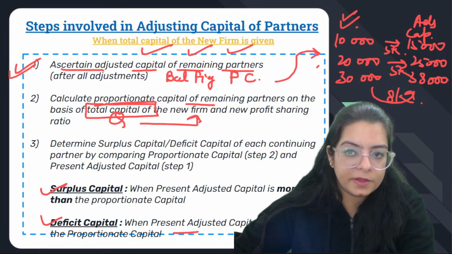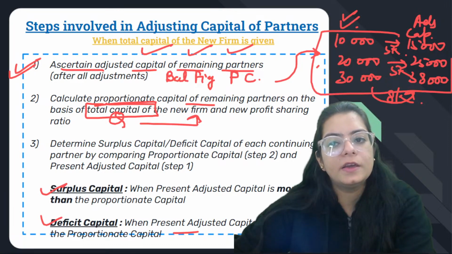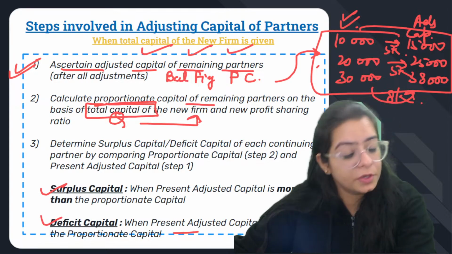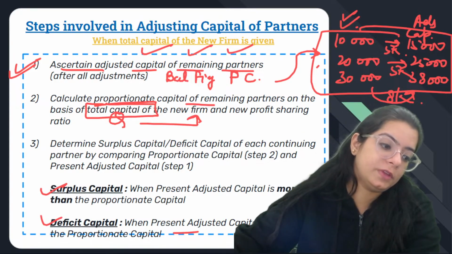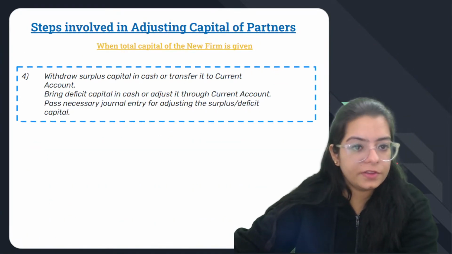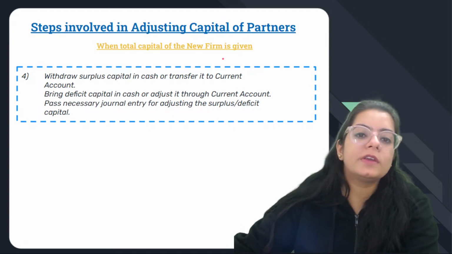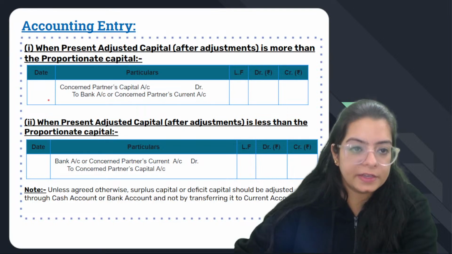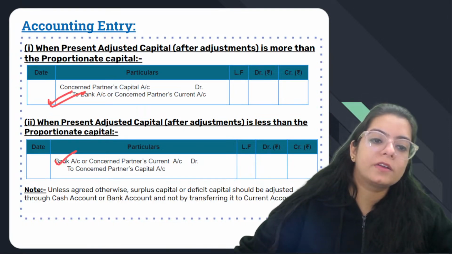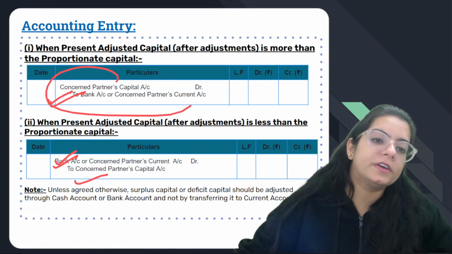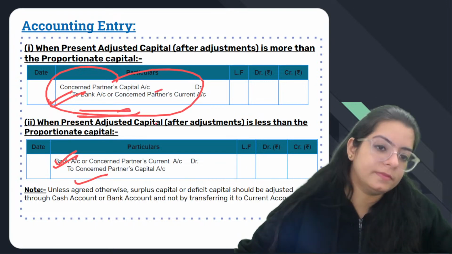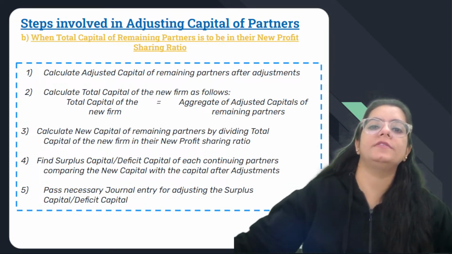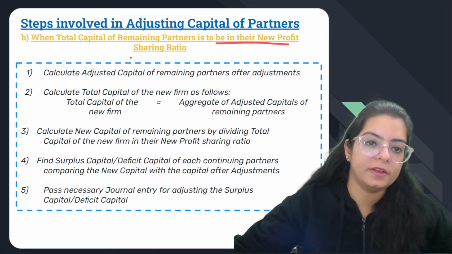5 लेकर आना पड़ेगा, और जो भी पैसा ये लेकर आएंगे वो हम कैश अकाउंट से डेबिट क्रेडिट कर देंगे। अगर ले जा रहे हैं तो फिर क्रेडिट, और ला रहे हैं तो डेबिट। ठीक है जी। नेक्स्ट, when total capital of the firm is given, ये तो हो गया। नेक्स्ट एंट्री क्या होती है, अगर पैसे लेकर आ रहे हैं, है ना, तो बैंक टू कंसर्न पार्टनर, अगर वो लेकर जा रहे हैं तो बैंक डिक्रीज होगा, then bank will be credited।